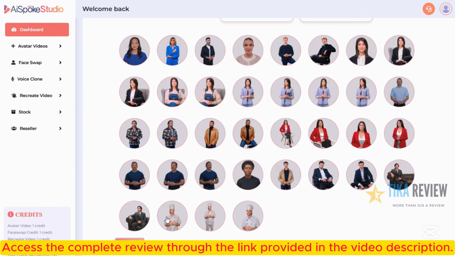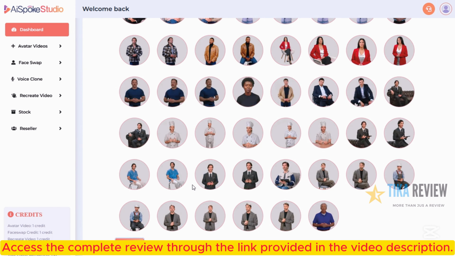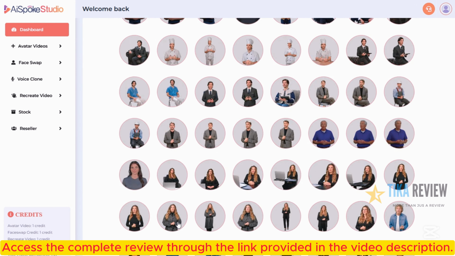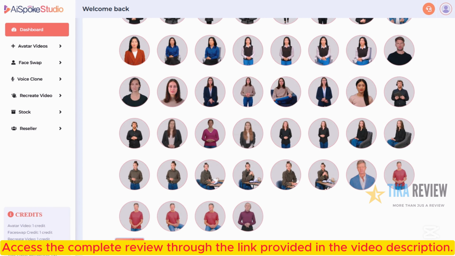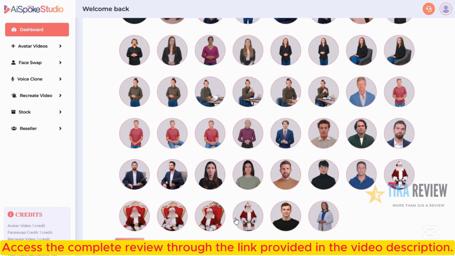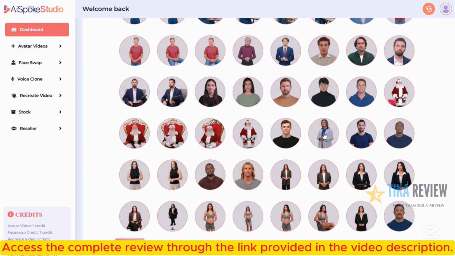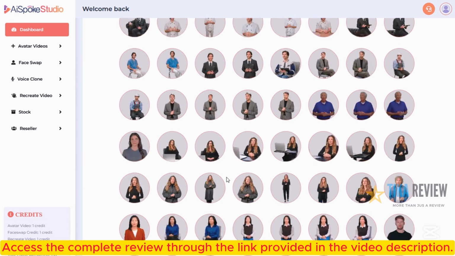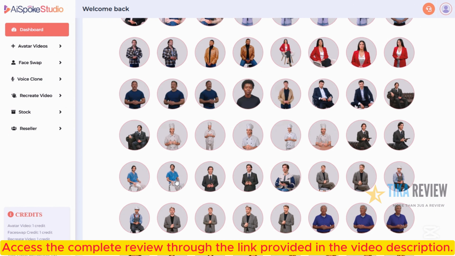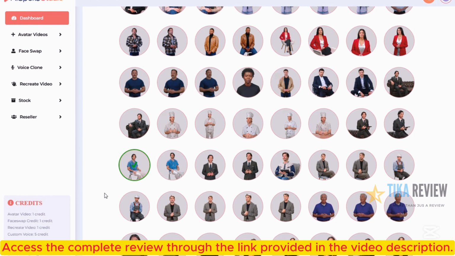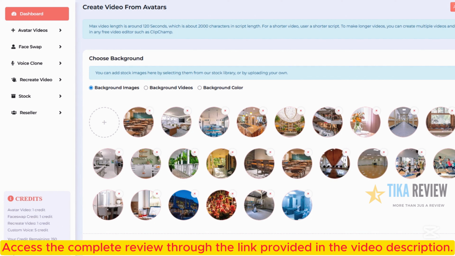And we've got a couple of medical looking people in these transparent avatars. We've got this guy here who's wearing like blue scrubs. And if I keep going down, we have a lady who is in a white lab coat. So she looks very doctorly as well. I think I'm going to go with this guy here in the blue scrubs. So let's click that, select next. I'm not sure which of these two backgrounds is going to look better. I'm going to select that first one and see.